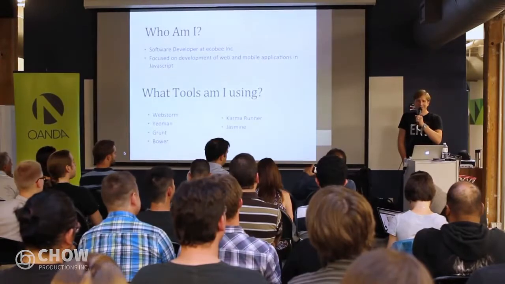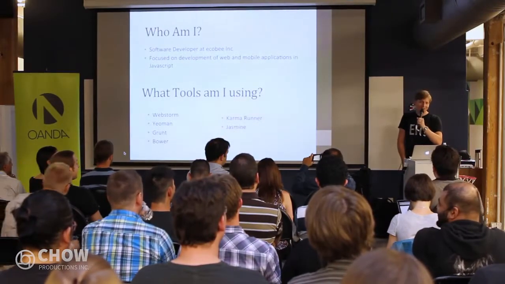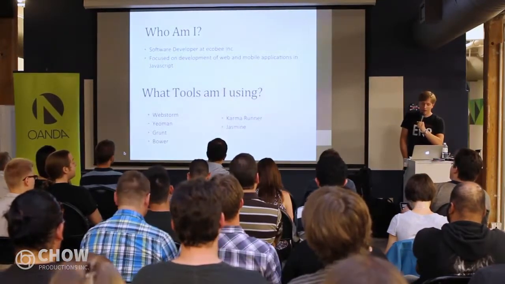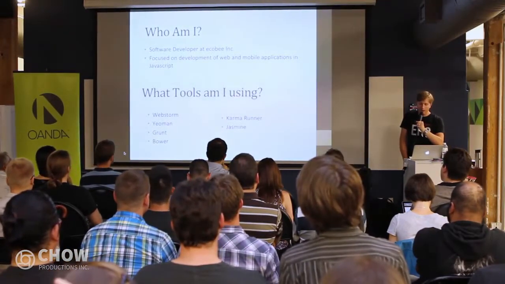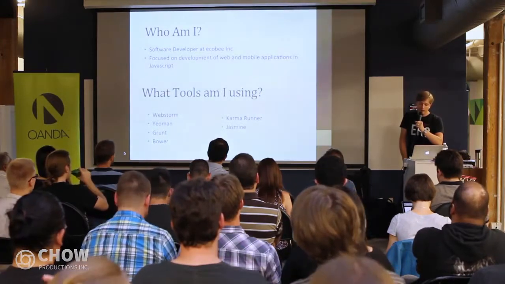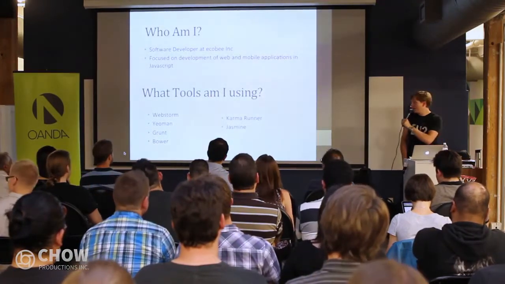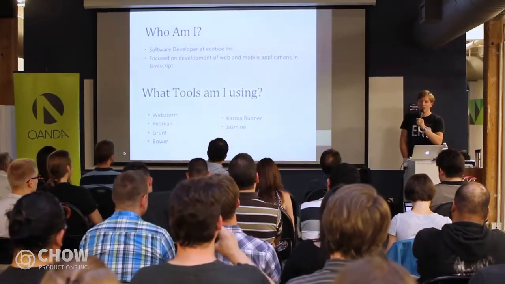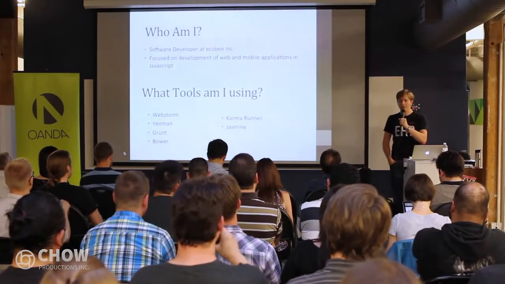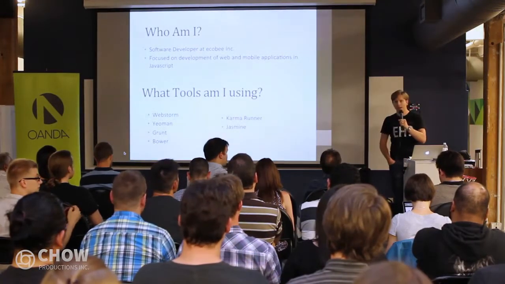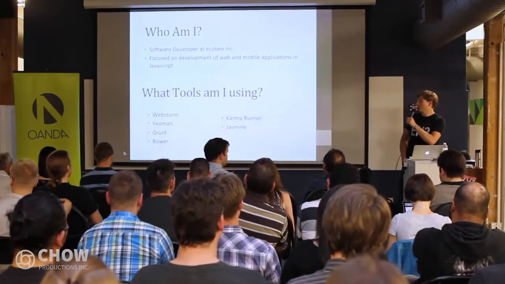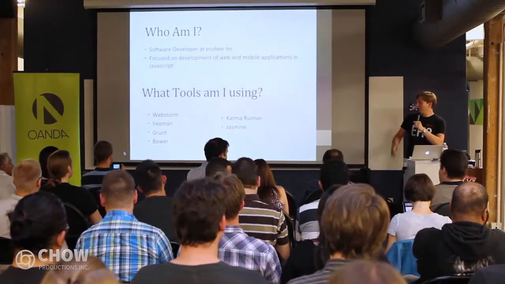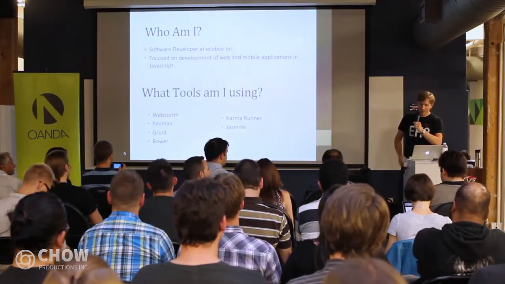I hear there are some contrasting thoughts from the audience, but basically we want to look at the tool chain that I'm using right now. I'm involved with WebStorm, Yeoman, Grunt, Bower, Karma runner, Jasmine. It's a pretty standard Angular tool chain. I'm not going to be getting into that too much. That's a whole talk unto itself, how you can get that development all set up and working nicely within WebStorm or whatever editor you're using. But I thought I'd cover just, back off the top,